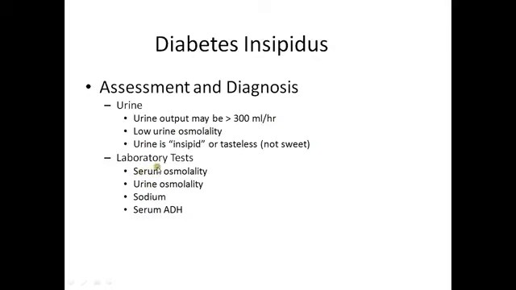Laboratory test: what will you do? First of all, when a patient comes to you and says, "कि मुझे बहुत ज़्यादा यूरिन आता है, मैं बहुत पेशाब करता हूँ, मैं वॉशरूम जाता रहता हूँ, मैं पानी भी बहुत पीता हूँ." So the first differential which comes to your mind is diabetes mellitus. You will think of diabetes mellitus. "डायबिटीज़ में होता है ये polyuria होना, nocturia होना, सब कुछ होना." The other thing you have to think of here is diabetes insipidus.